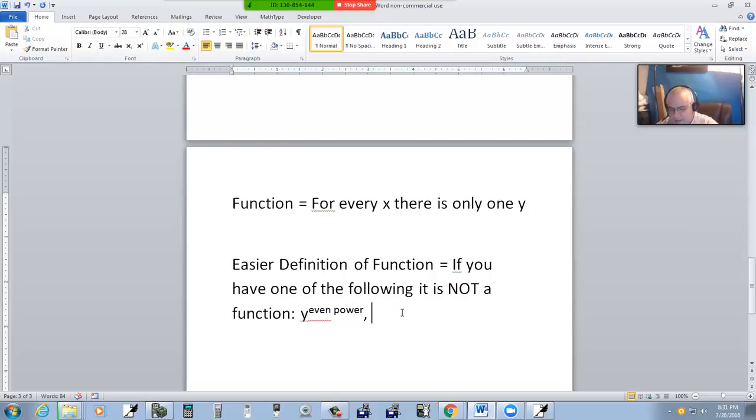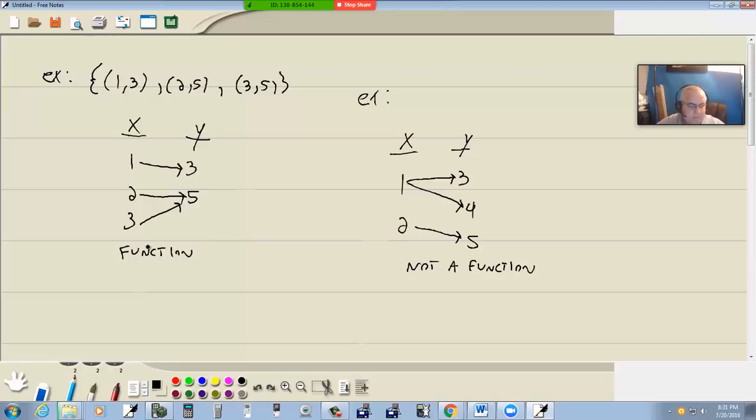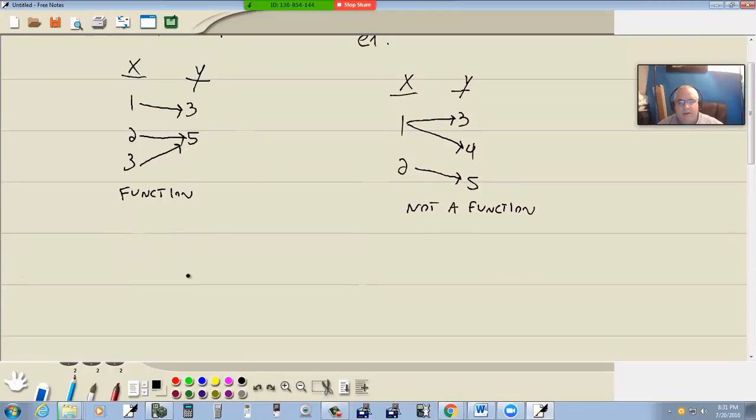If you have the absolute value of y, it's not a function. If you got the plus or minus symbol, it's not a function. If you got x is equal to a number, like x is equal to 3, then it's not a function. So, if we had more examples that went beyond points,